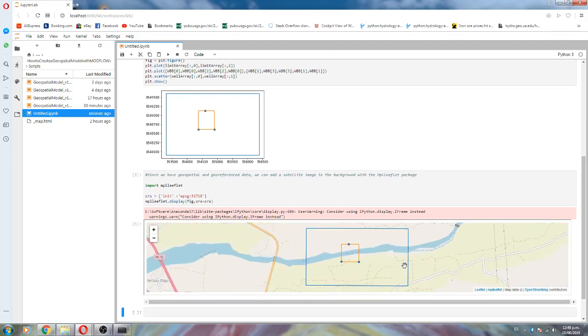And this is very helpful, because we can see where our geospatial data is, and if this data is actually coherent, or if we are working with something else. So okay, we see, and this is exactly the place where we are working. Okay, so then we are going to work with the